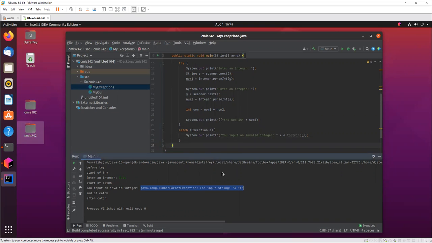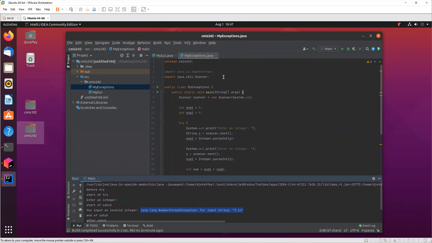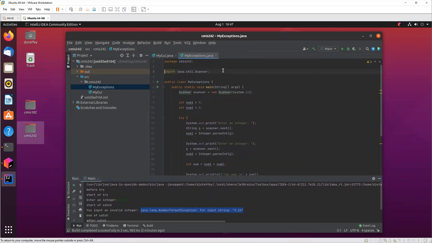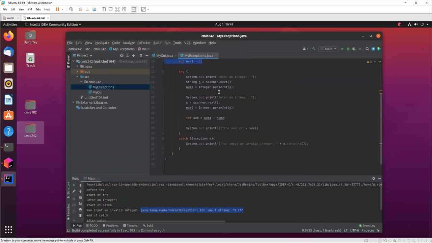Okay, so let's look at what we got. So like I said, we're just making like a little program here to have the user type in two numbers, and then we're going to add the numbers together. So num1, num2 is going to be what they type in. So we're saying enter an integer. We scan it from the keyboard. We parse it into an integer. We get the second number. Enter an integer, scan it from the keyboard, parse it into an integer. We're going to do the sum of those two numbers, and then we print out the sum of those two numbers, right? So if we run this,